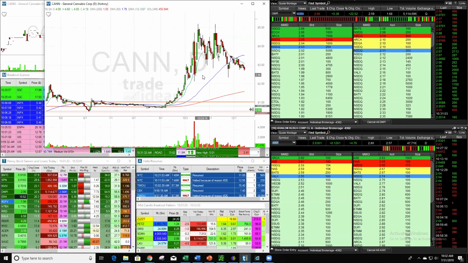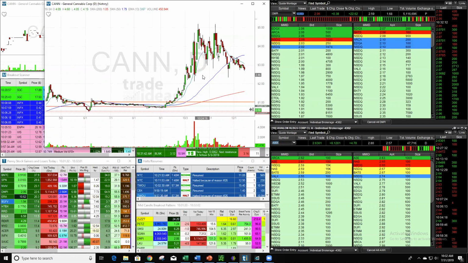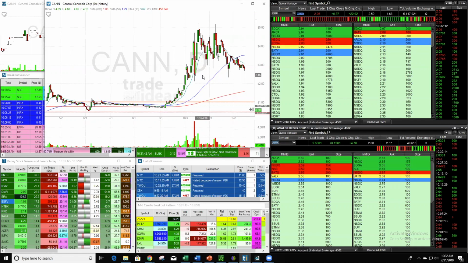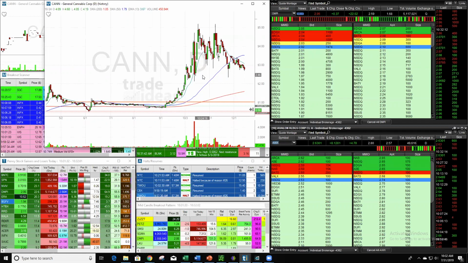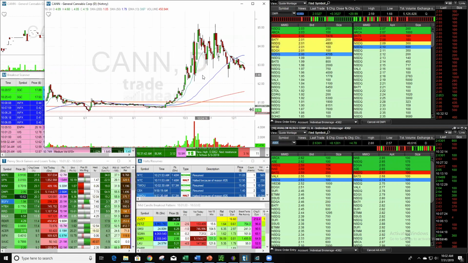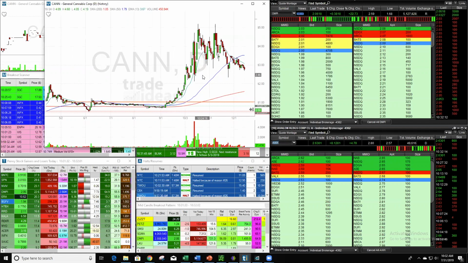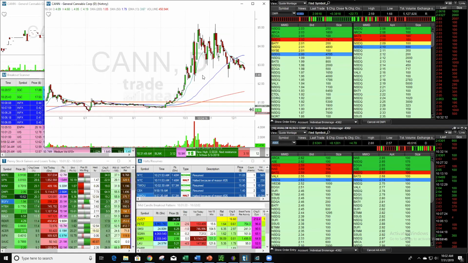So sometimes you're going to see the stock break $1, it pops up above it, and then maybe a day later it has one red day, 2 red days, but then it starts picking up volume again. A lot of $1 breakouts, guys, are also very nice swing trades that can lead towards a lot of big potential. All right. So CANN, an awesome $1 breakout right here, which really started getting a ton of volume